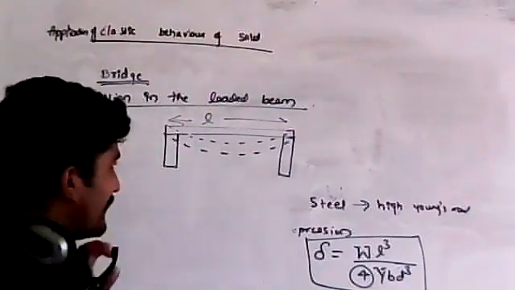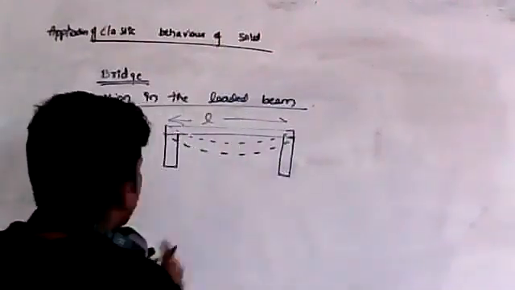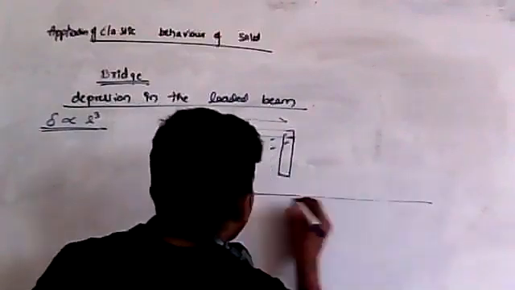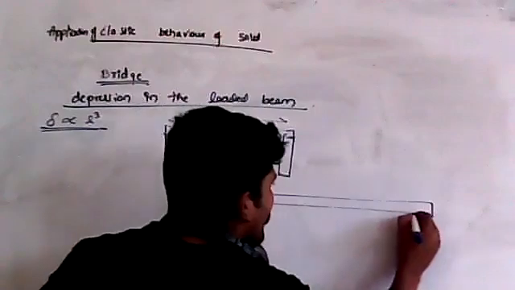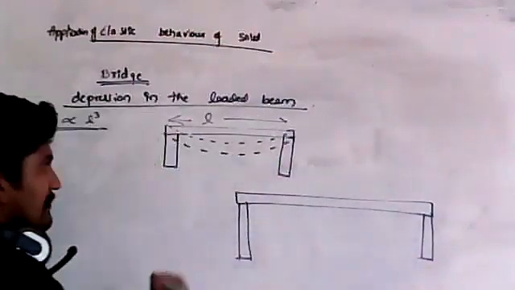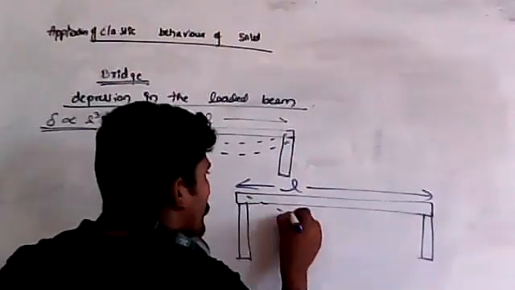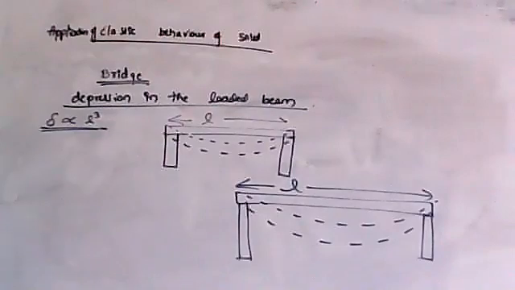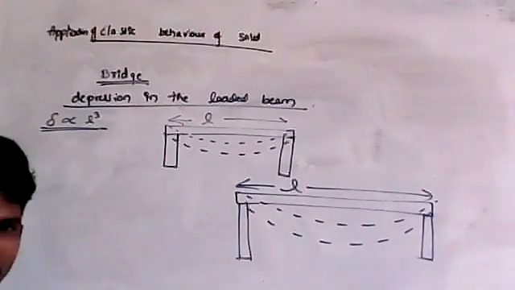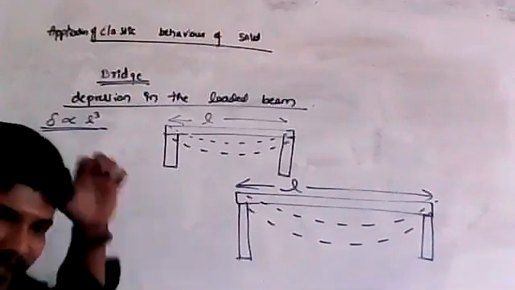As you increase the length, just try to understand. Let me write once again. See, same thing if I take for this length. Now the length goes on increasing. What will be the depression? Depression also becomes more and more. So that is the case. I hope you understood all, right? Is it clear, students?